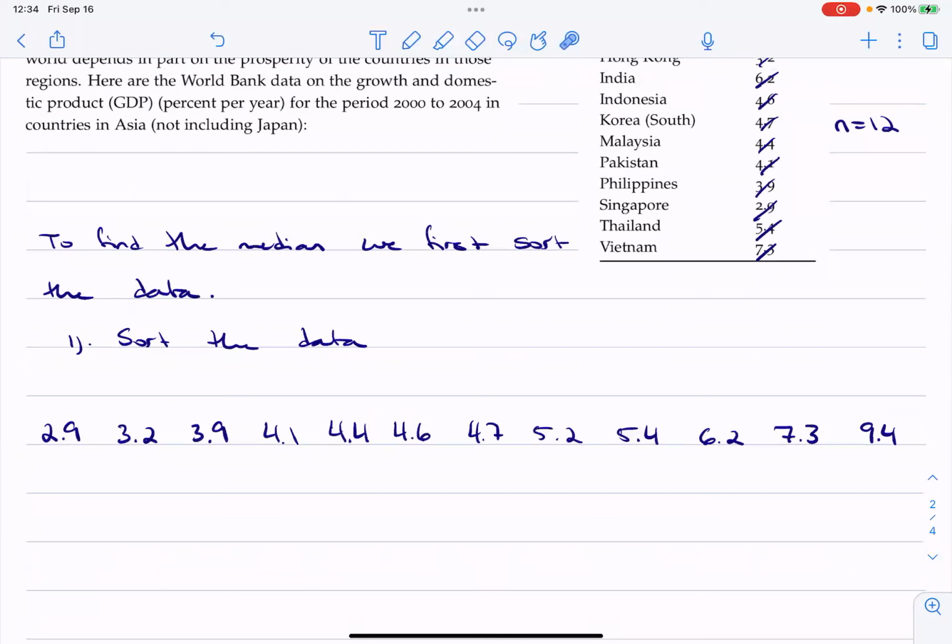Once you've got them all sorted, that's great. I want you to just double count again, right? Make sure that you still have 12. Otherwise, it'll mess everything up. You'll see. 1, 2, 3, 4, 5, 6, 7, 8, 9, 10, 11, 12. Okay, good. All right. So once we've sorted the data, then the next thing we're going to do,